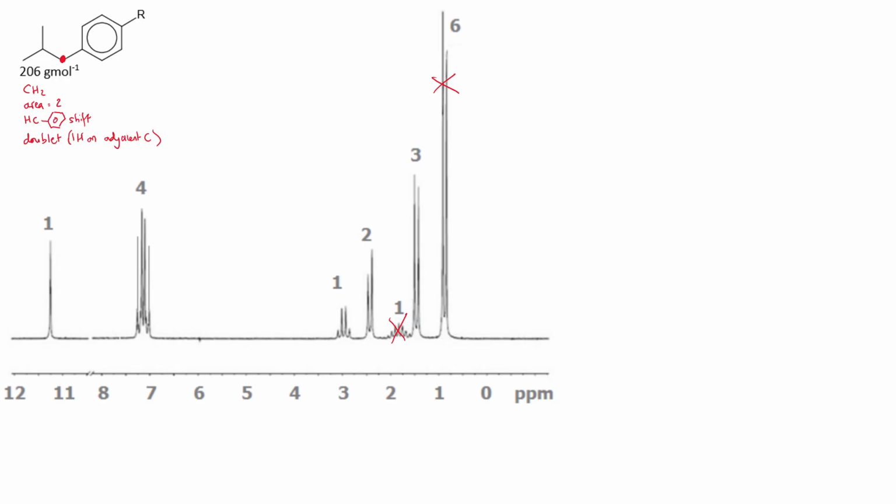So next door there's a CH2, so it's going to be a peak with an area of 2, and there is actually only one of those, so it ought to be that peak at about 2.5 ppm. But again, we'll check everything. Has it got the right shift? Well, this time it's next door to a benzene ring, and that gives you a characteristic shift between 2 and 3 ppm. So yes, that fits, and it should be a doublet because you've got the adjacent CH